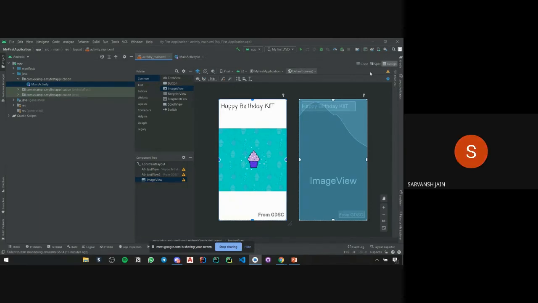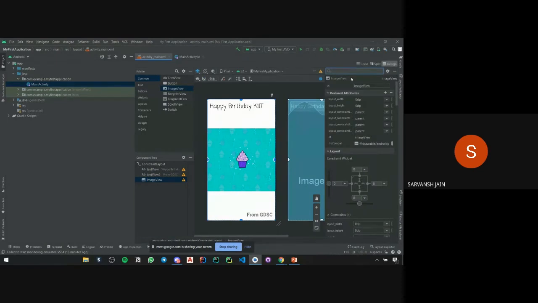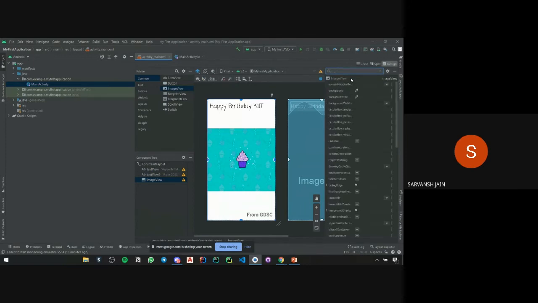So now I want to make this image cover the whole app layout. So once again I'll select image view, I'll go into attributes, and I'll search for scale.